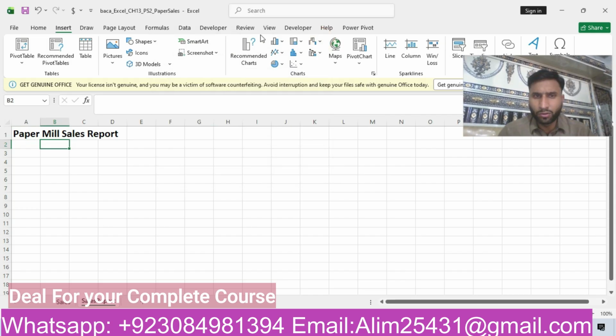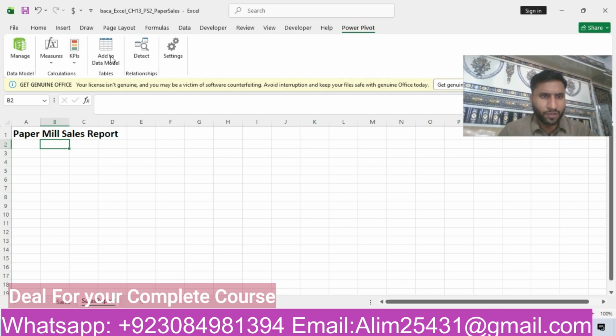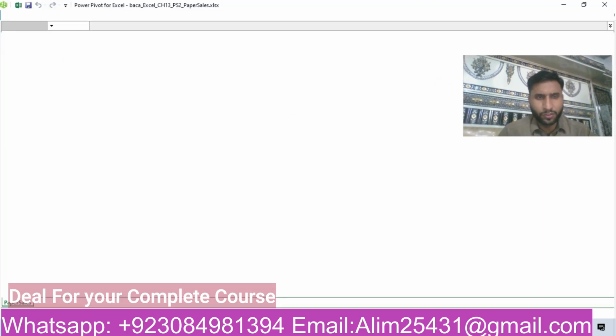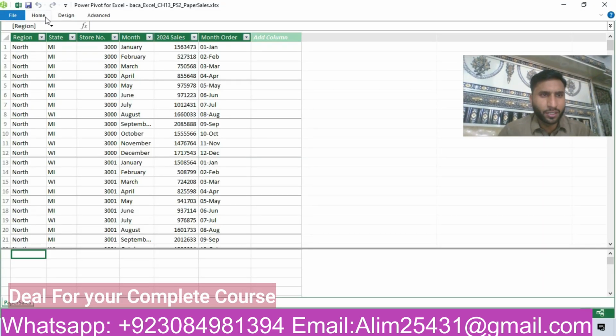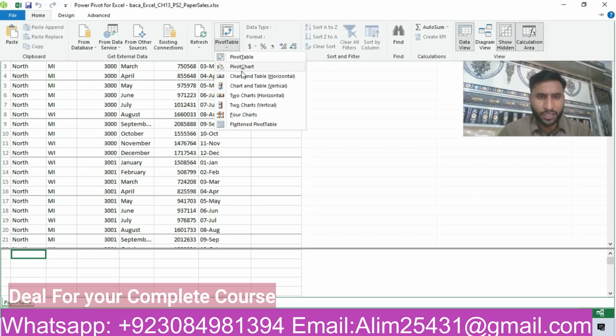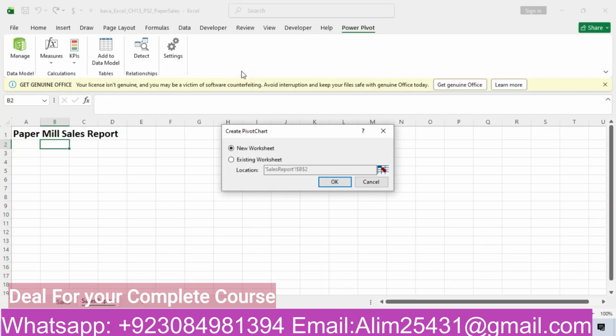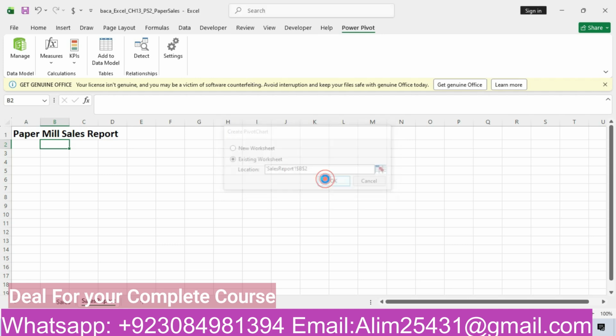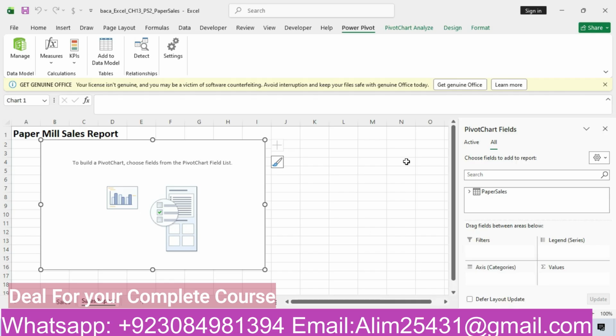No, we will go to the Power Pivot window, and here in the Manage group you will select Manage, and then here in the Home tab you will select the PivotTable and select the PivotChart. Now in PivotChart, select the existing worksheet and select the cell B2 and press OK. Now the PivotChart is added to our